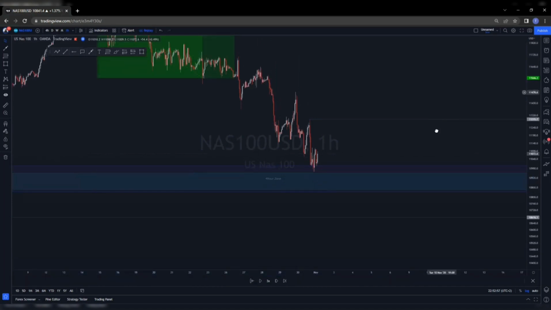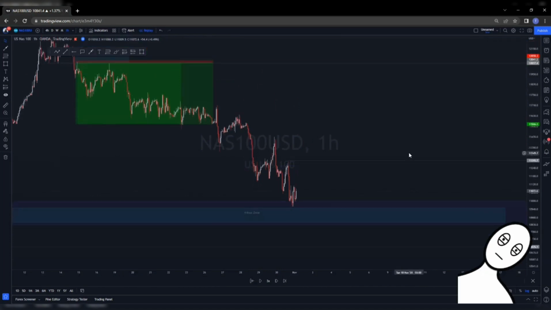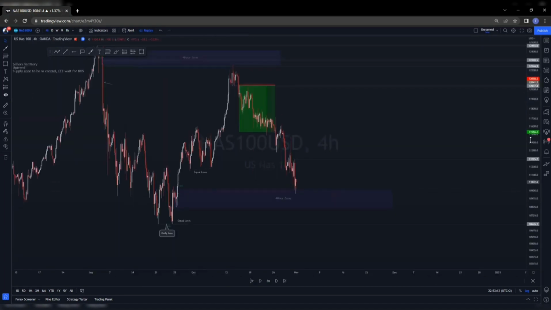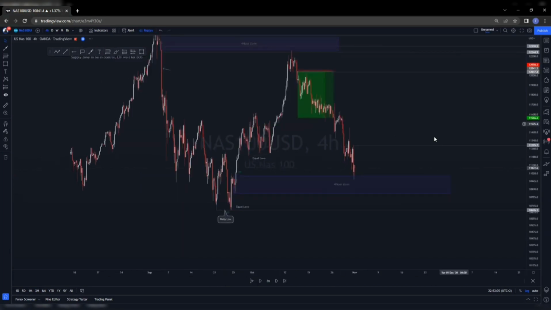And then where am I placing take profits? It's a buy, right? It's a buy setup on the lower end of the supply and demand curve. Do I expect the market to go down even further? Yes. Why? Because we have that daily low as an area of liquidity. And we also have liquidity here in the form of equal lows. So the market has incentive to take out this daily low liquidity and move towards the downside before going up,